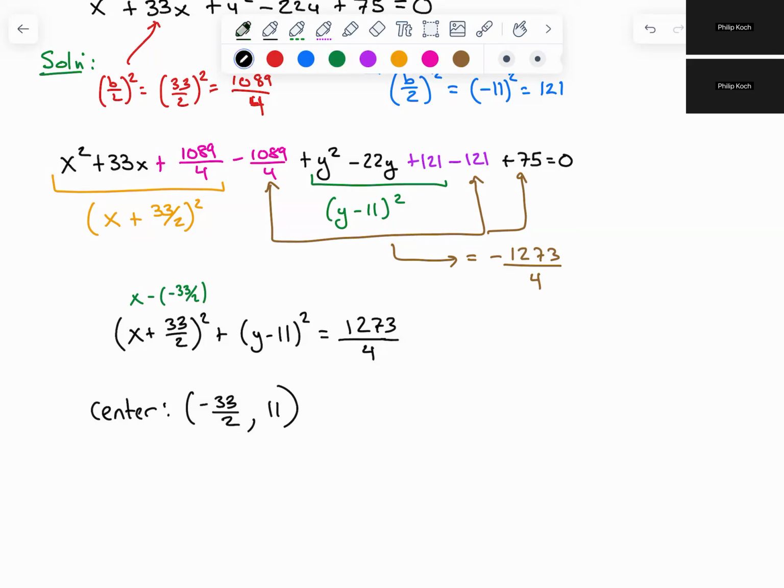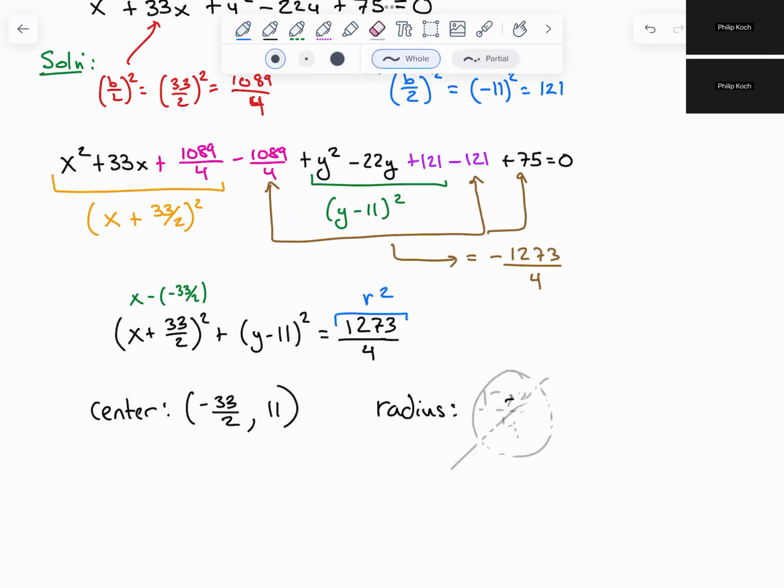And then the radius. John Doe student says that the radius is 1,273 over 4. Why is John Doe student wrong? You got to take the square root. That is not the actual radius. That's the radius squared in the formula. This is r squared. Let's use blue. This right here is r squared. So r